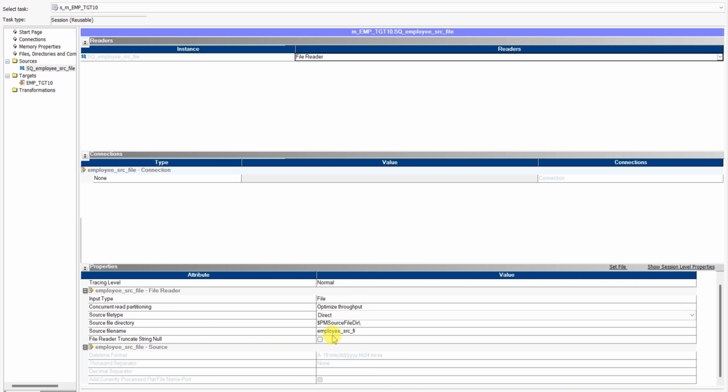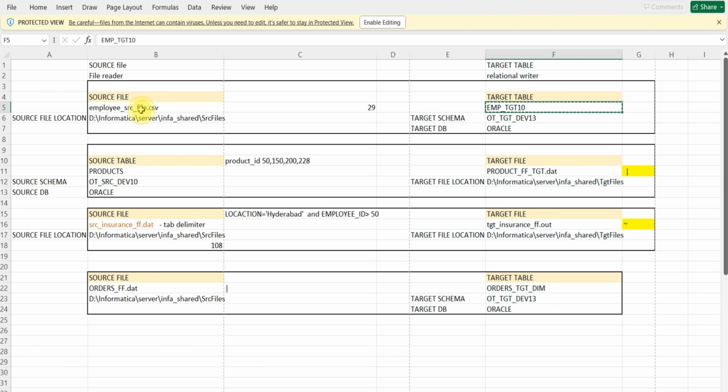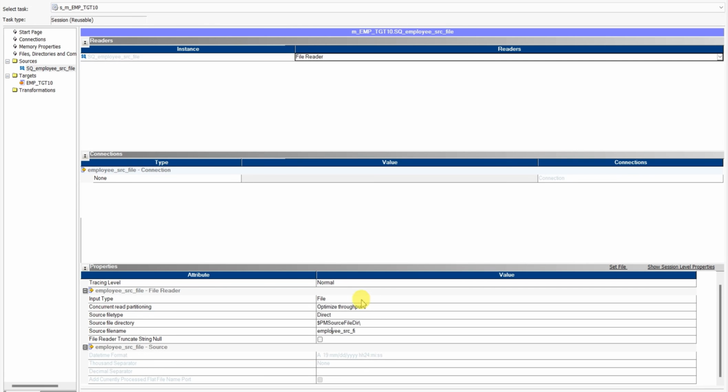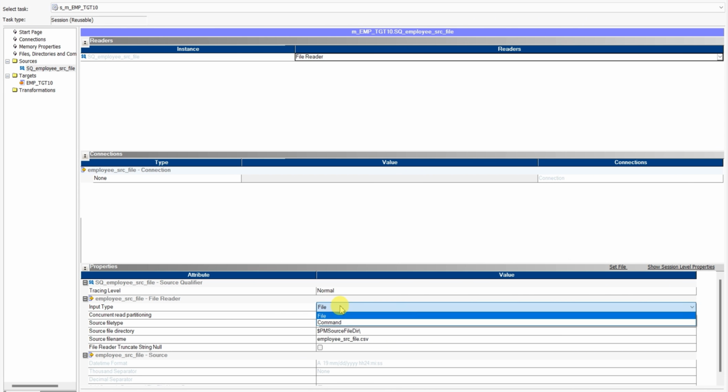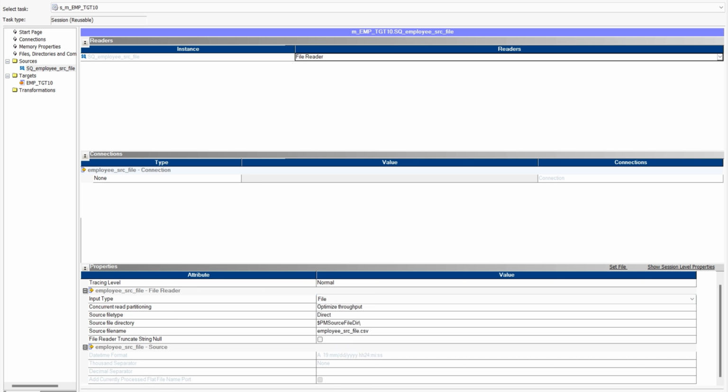Source file name is taken correctly, yeah. Okay, it's taken. No need to change anything else, that's it. Apply